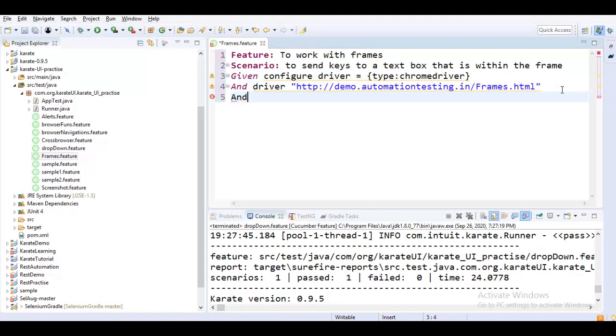After navigating to this application, let me maximize the window and then